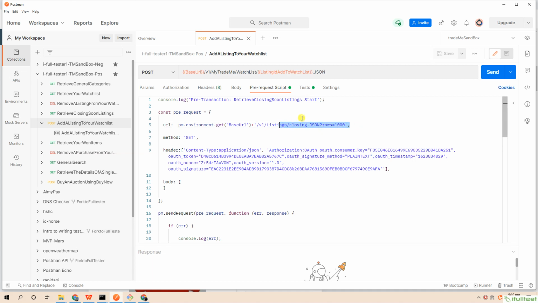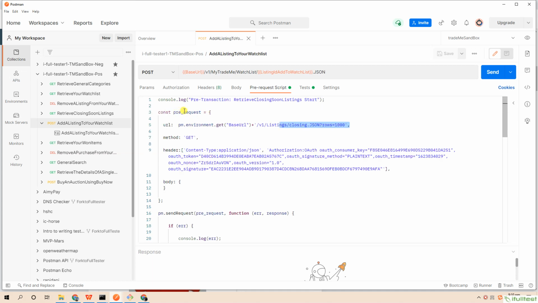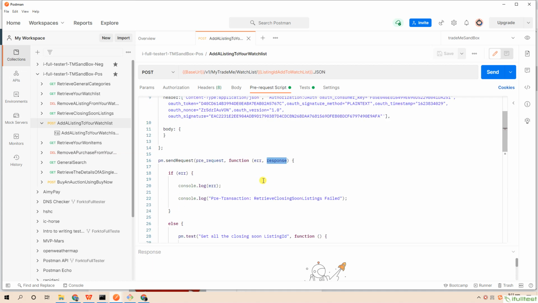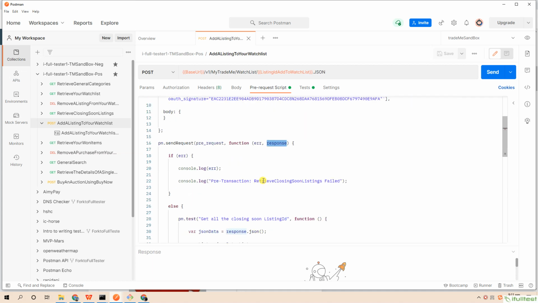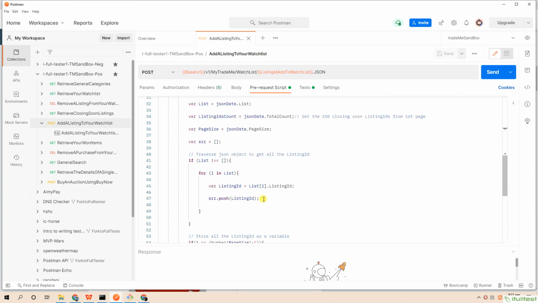Look at the code. First, assemble the header and body of the pre-request. Includes authentication related information. Then we send the request and get a response. Second, traverse all the items from the response.